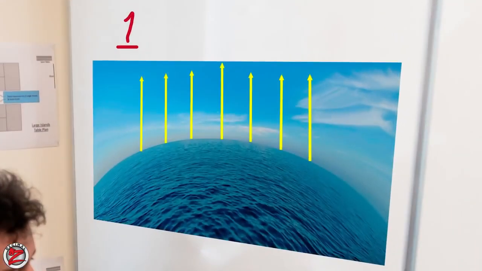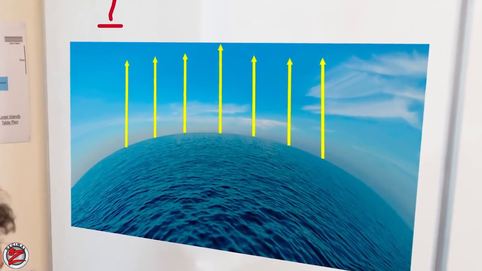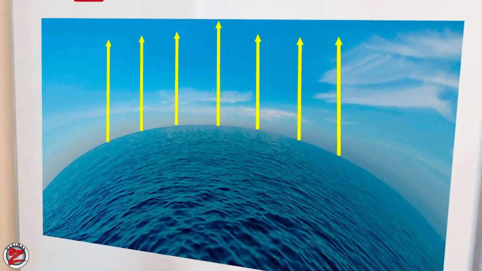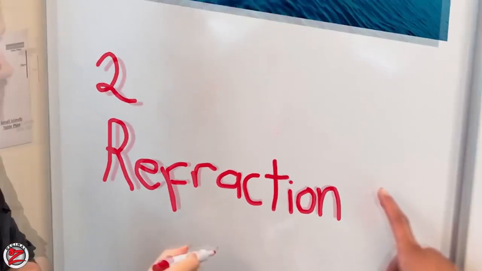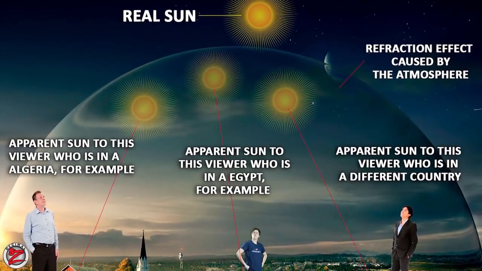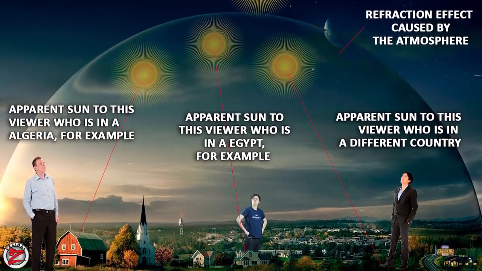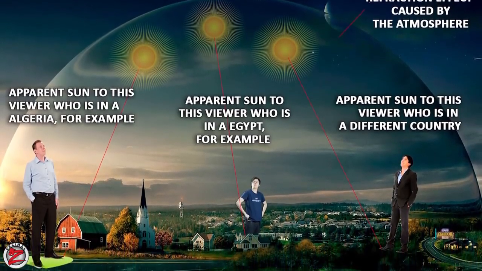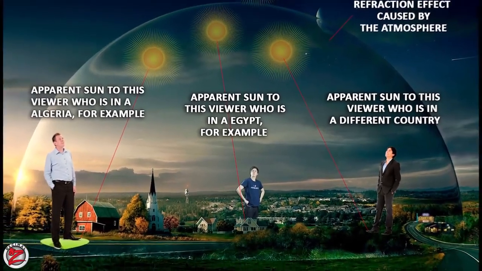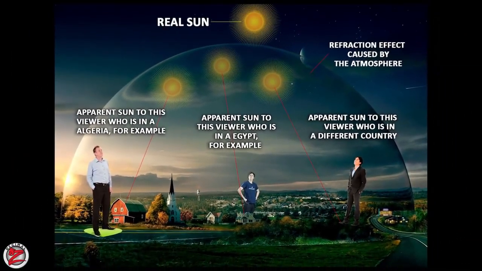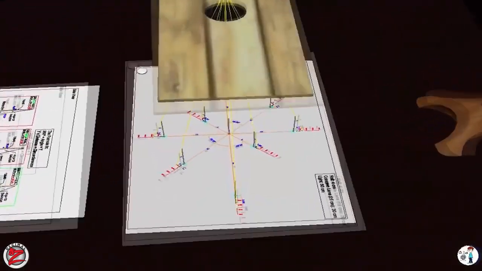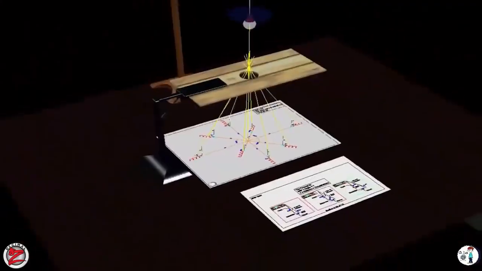One, curve the earth downwards and make the light rays parallel to each other as we have seen. Two, refraction. Curve the sky and create an individual curved sky for each eye and make it function as a concave lens, which distributes the light rays in a way that makes all the angles work as in the bulb model. This may sound strange, but I did it and it worked.